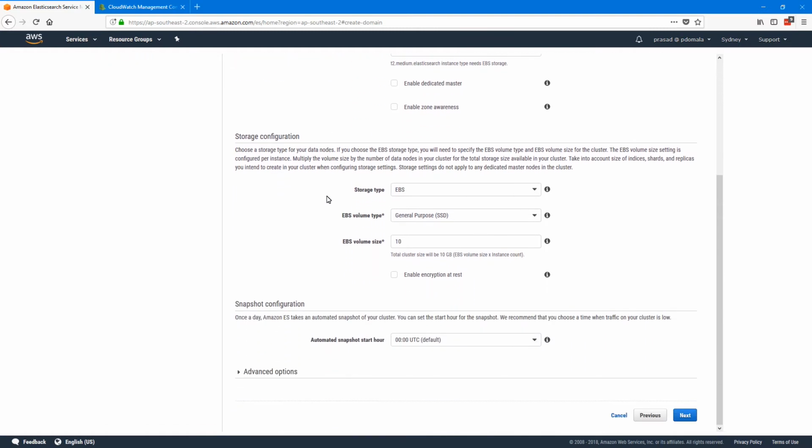Coming to storage, the storage type, I'll leave it as default, which is EBS volumes. And then the EBS volume type, I'll use SSD. You can use provisioned IOPS SSD or magnetic volume type. I'll go with general purpose SSD. And as far as volume is concerned, 10 GB is sufficient for this demo, but choose the right size depending on your data. And if you want to encrypt the data at rest, you can enable it using this checkbox,